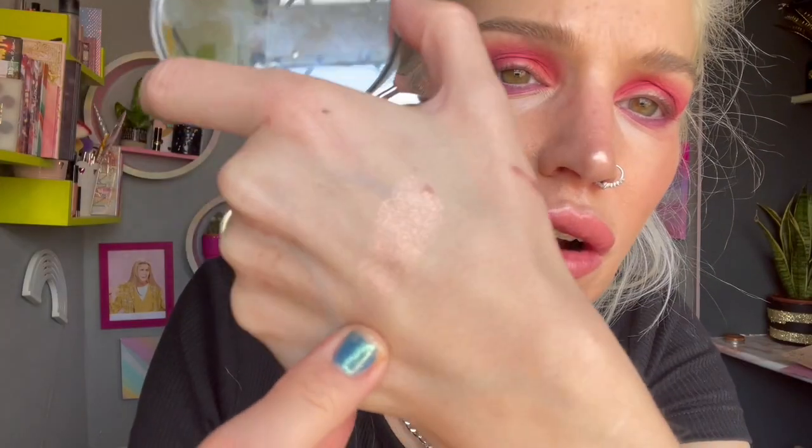Okay, so next we're going to go in with a shimmy, shimmy, shimmer, and I think I'm going to begin actually with this one here. This is called Angel, and I remember being blown away by this when I swatched it. It reminds me of ice cream for some reason. I don't know why, but it's like a pinky gold shade. It's absolutely gorgeous. So we are going to go in with this, and I'm just going to use my fingers